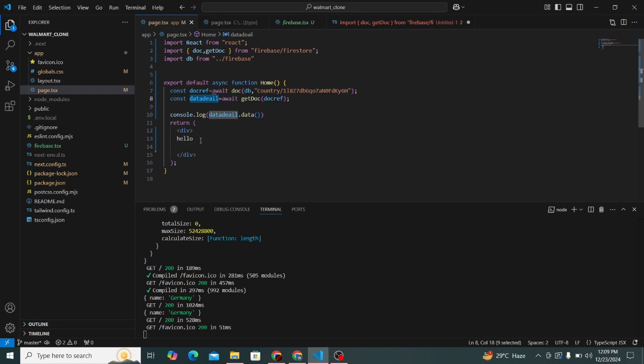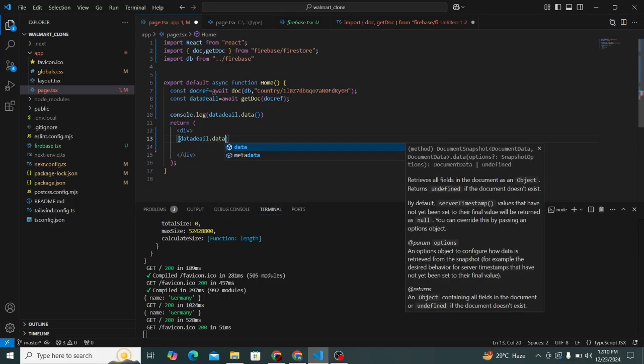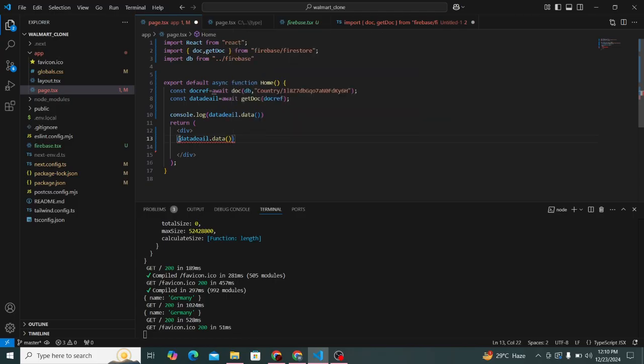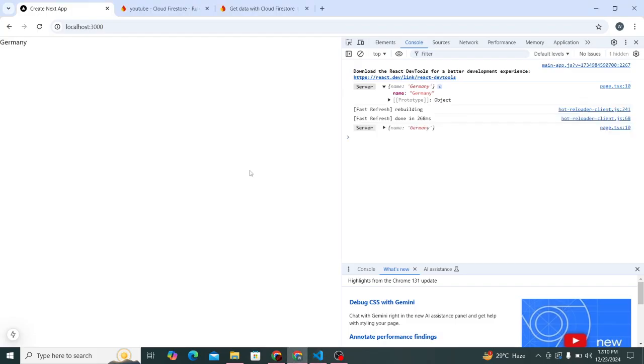So when we open our browser, now let me try displaying the name on the screen. So all I need to do now is call my variable name, which is data dot data function. Then I'll give you the name dot name. Let me see, and let me see it. Open my browser. You'll see that Germany is being displayed on my screen. So basically this is how to use Firebase, but I'm going to